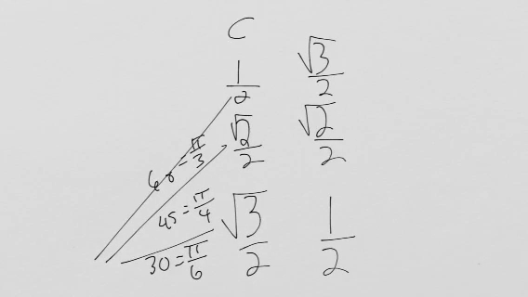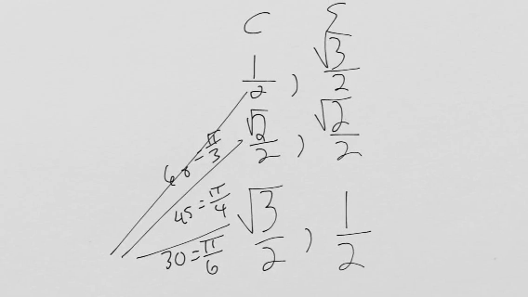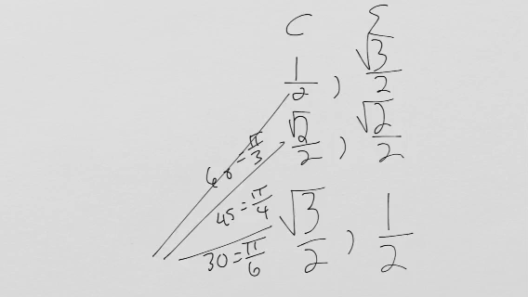Cosine is our x value in our unit circle, and sine is y. So these are actually all just coordinates: cosine, sine. So if we want to figure out what cosine of, let's say, pi over 6 is, it's root 3 over 2, right? So all of these values come from